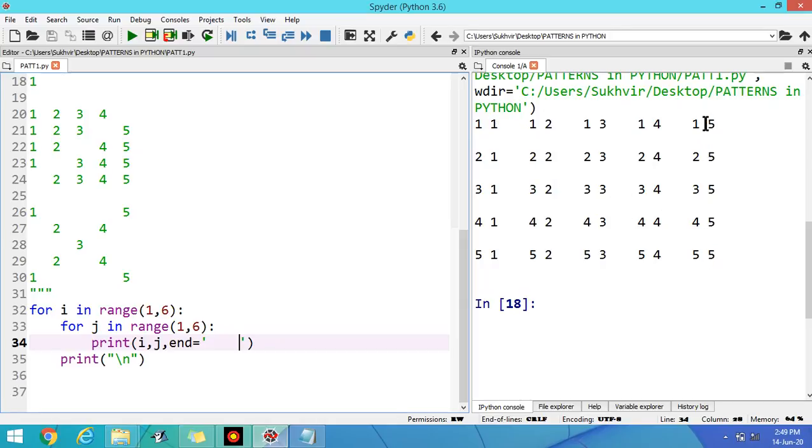What about this diagonal? This is the secondary diagonal. The elements are 1 5, 2 4, 3 3, 4 2, and 5 1. Look at these values. These are the values where the total is 6. 1 plus 5 is 6, 2 plus 4 is 6, 3 plus 3 is 6, 4 plus 2 is 6, and 5 plus 1 is 6. These are the values. I am going to apply this content. Please keep in mind these values.